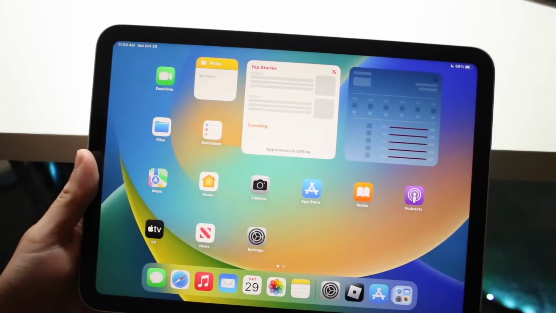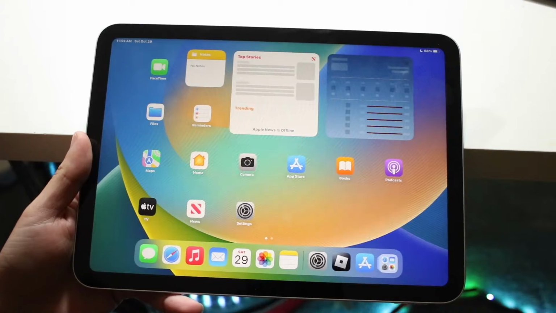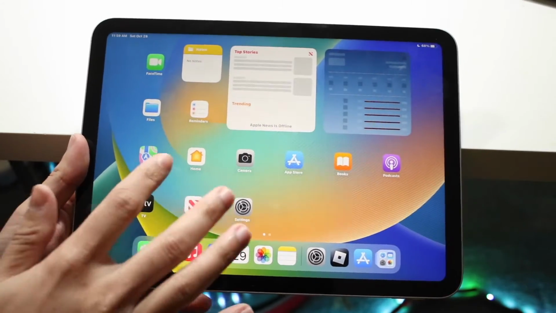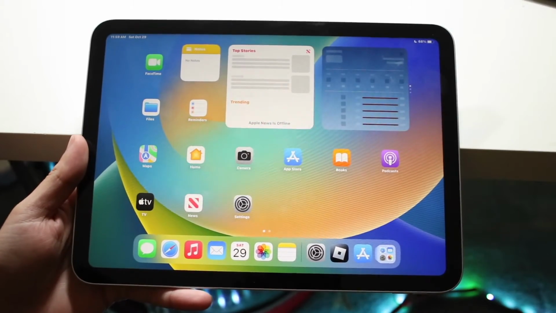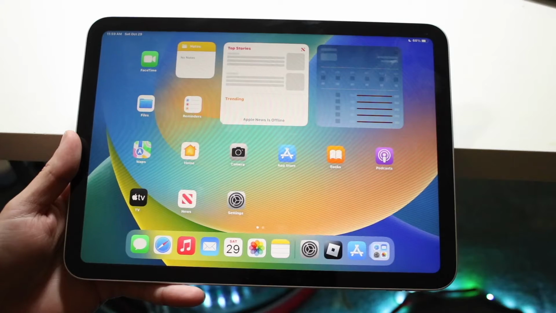So you may have just picked up your iPad 10th generation, and I want to go ahead and break down some of my favorite tips and tricks to utilize within your iPad. And it's honestly some of the first things that I usually do whenever I buy any iPad at all. Now, the very first thing I would tell you, I could straight go into all the tips and tricks, but